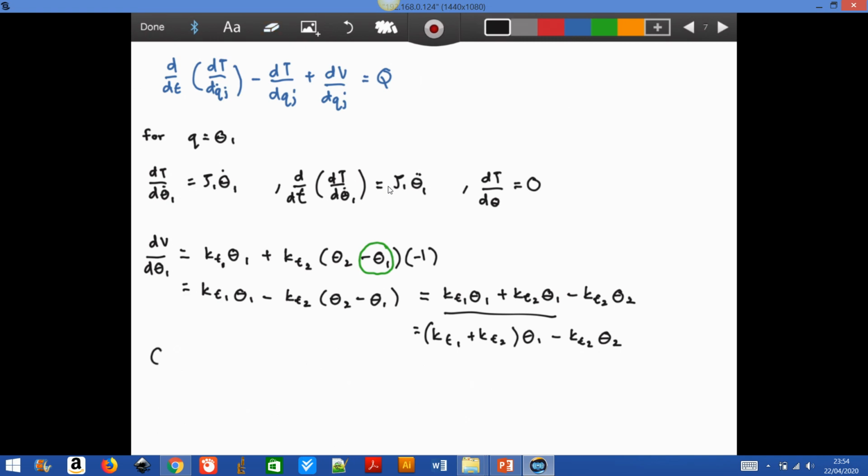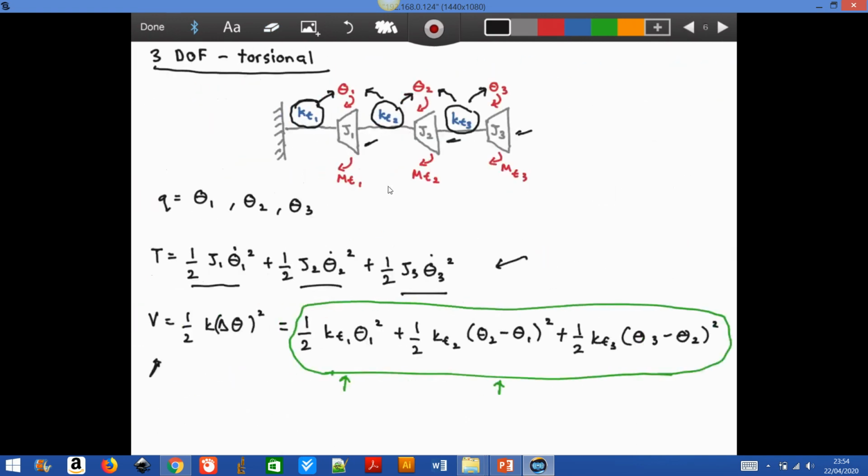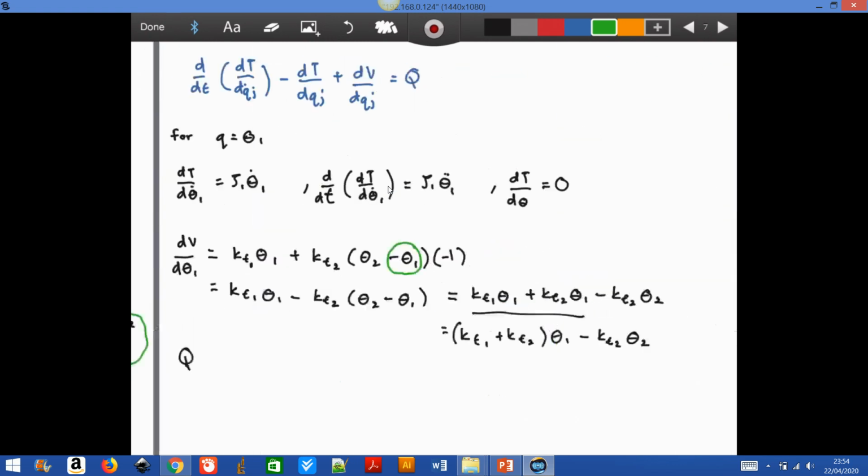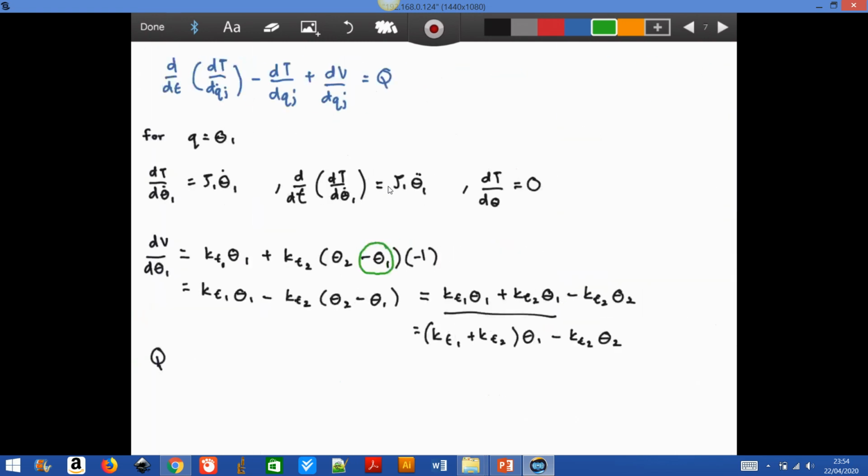So for the force, if we look here at the problem, you can see that there are three external moments, which are Mt1, Mt2 and Mt3. Okay, this is not a free vibration, this is a forced vibration. Therefore, Q1 is actually Mt1. Therefore, by using Lagrange,